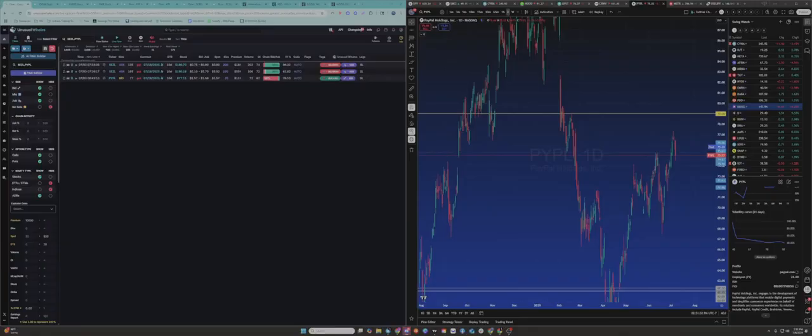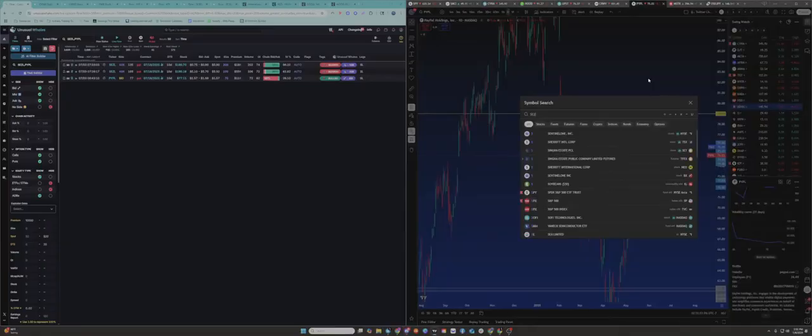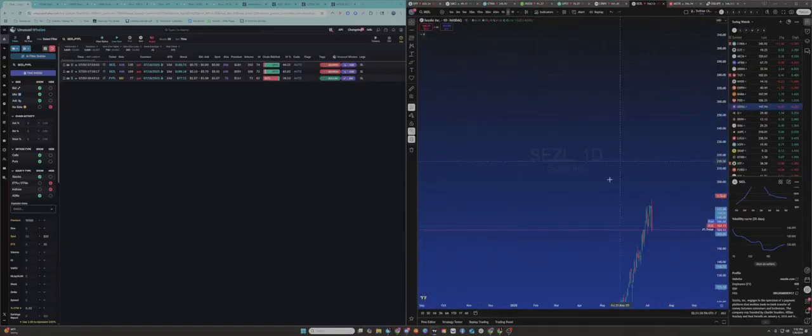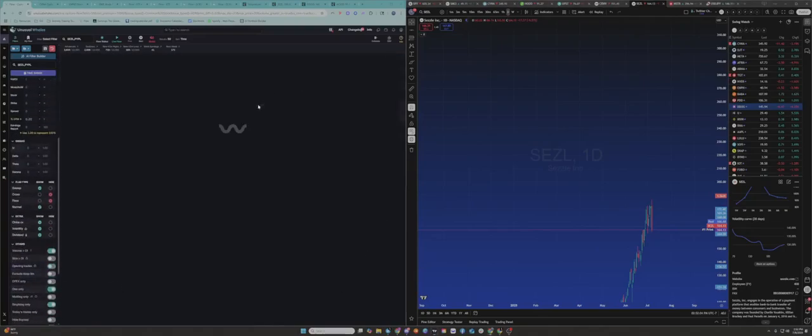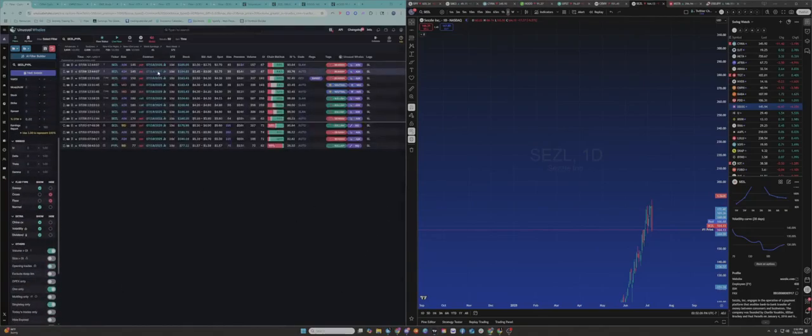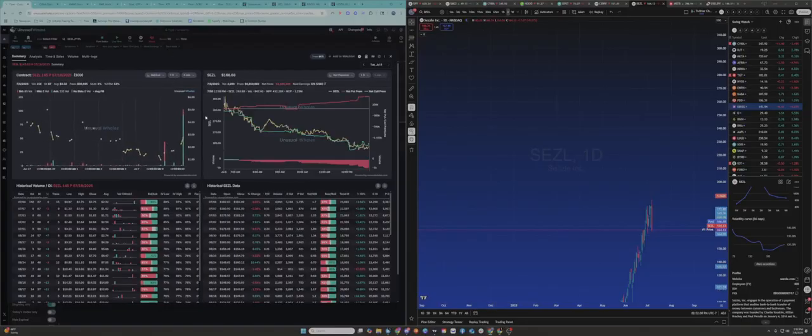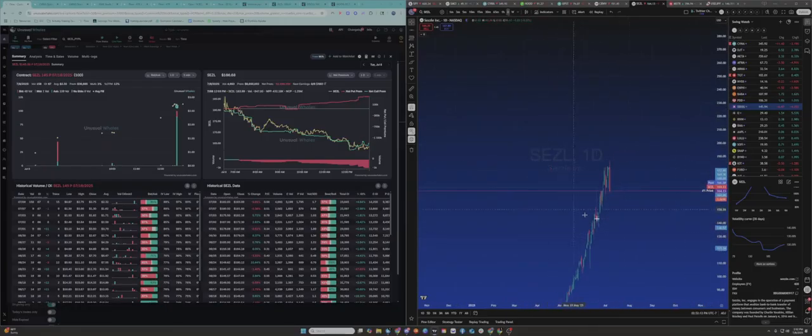So with Sezzle, you can see that there's a number one print here, like we just talked about, and we have put selling on PayPal, tiny, not really anything crazy. We're going to broaden this filter a little bit. We'll go opening trades, turn that off. Okay, so now we got some 145s. This is super interesting to me. So with that number one trade, if we are lucky enough to get a bounce back up towards the highs, these could be a great play for a reduced cost.